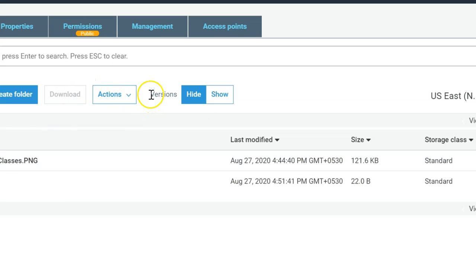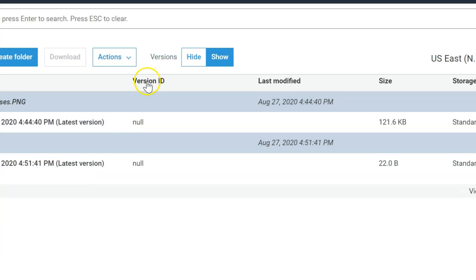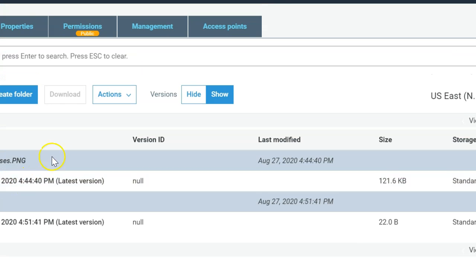So you can see the versions here, which are hidden by default, but when you click on show, you can see the version ID, last modified, size, and the storage class. You can see you have only one copy of each object, and the version ID is null.